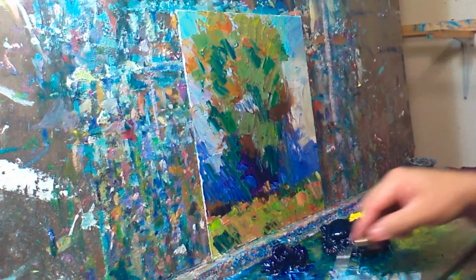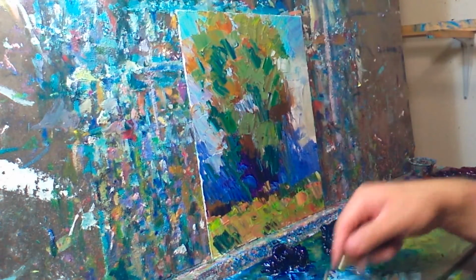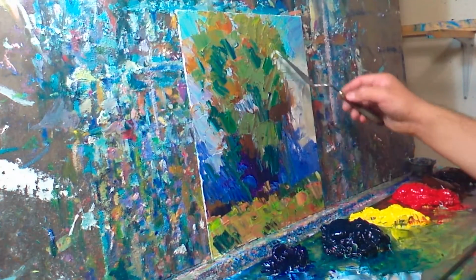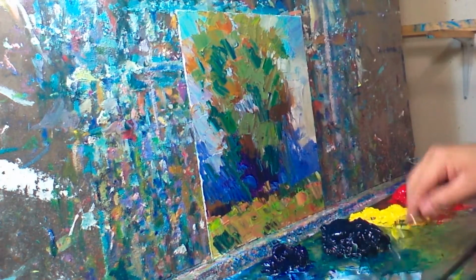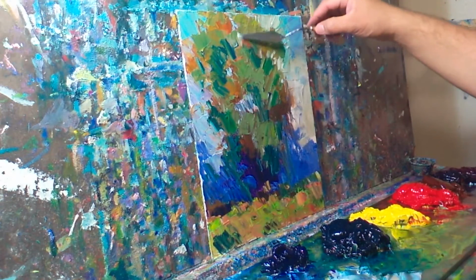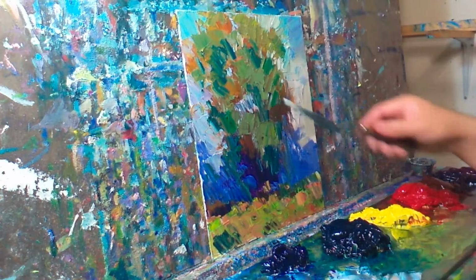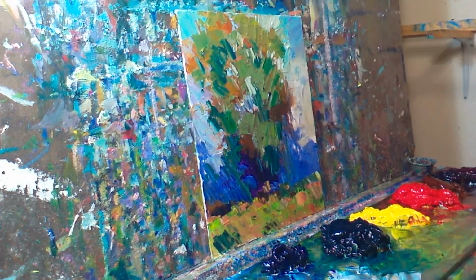So when I paint the tree, I know I'm painting the tree. I'm not painting the tree piece by piece. I'm painting the whole tree. So every brushwork or every stroke of the palette knife or whatever instrument I'm using is out to get the whole tree. It's not just out to